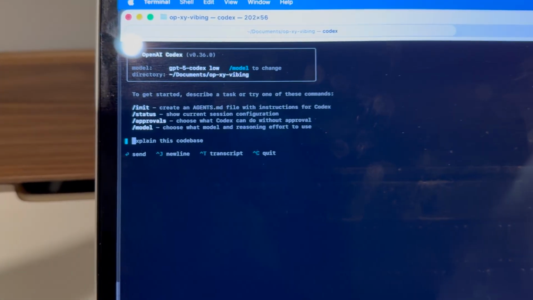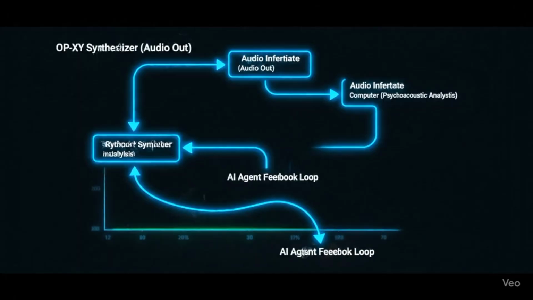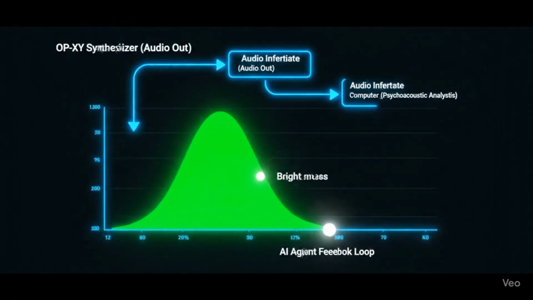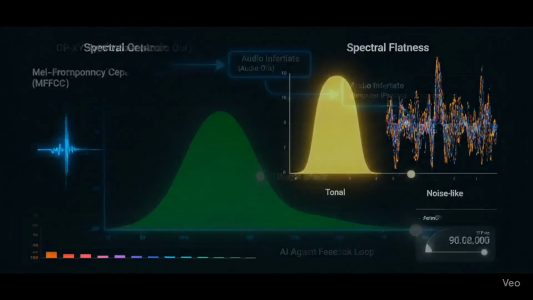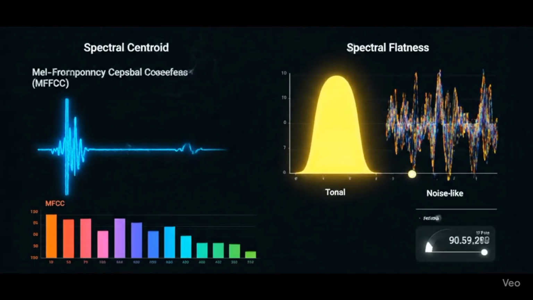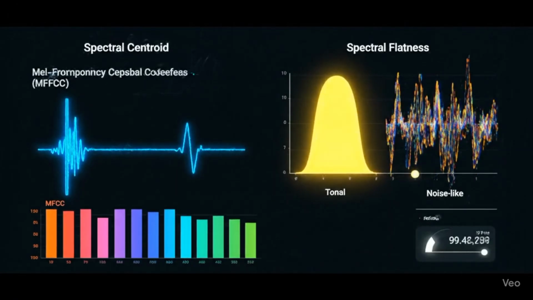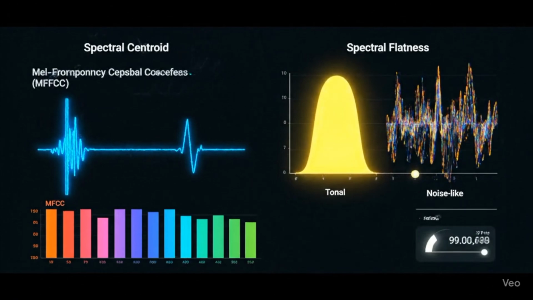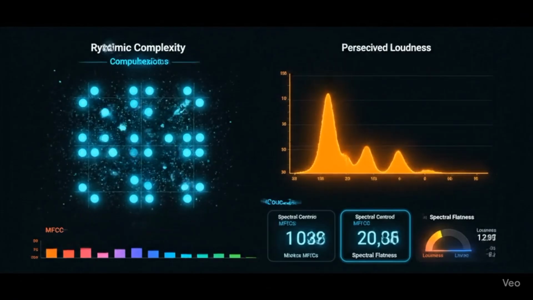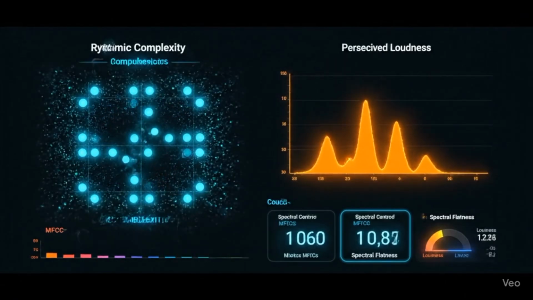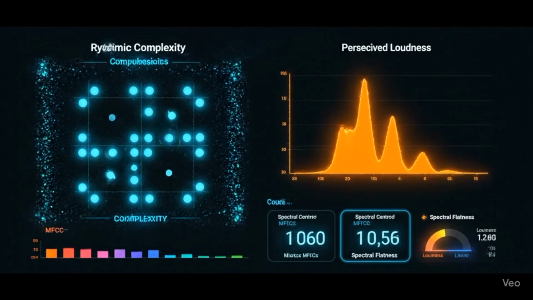I really want to give the AI the ability to hear what it's making. The plan is to route the sound from the OP-XY back into a computer to be analyzed in real time. We can feed the AI psychoacoustic metrics. This is data that describes how humans actually perceive sounds. Things like the spectral centroid, which corresponds to the brightness of a sound, or the Mel frequency cepstral coefficient, which is the key to identifying timbre in sounds, or the spectral flatness to determine if a sound is tonal or